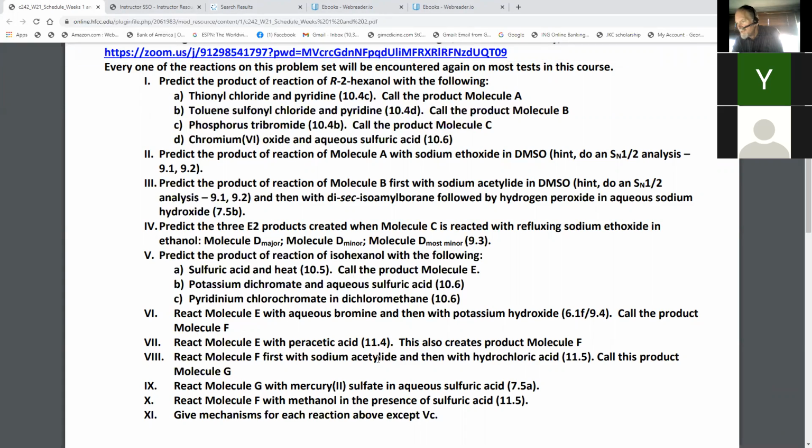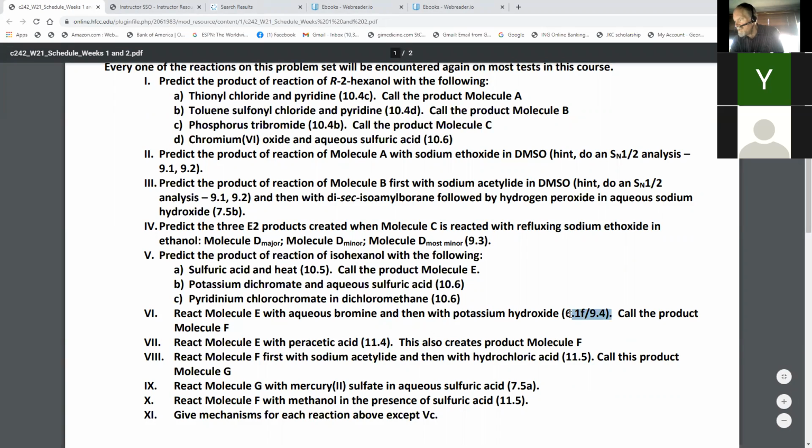And chapter 11, it's an important chapter, but really the most important part is the epoxides right at the end. You'll notice the only review here is to make an epoxide. Molecule F, I'm telling you right now, is an epoxide. It doesn't say that here, and it doesn't have the section number here, but it's 11.4 as well. Make a comment to yourself: the combination here is what's discussed in section 11.4 and how it makes an epoxide.